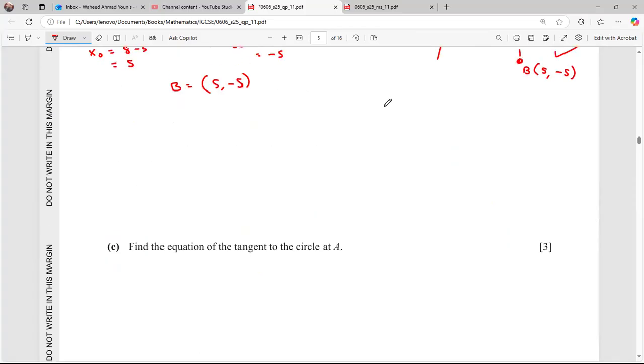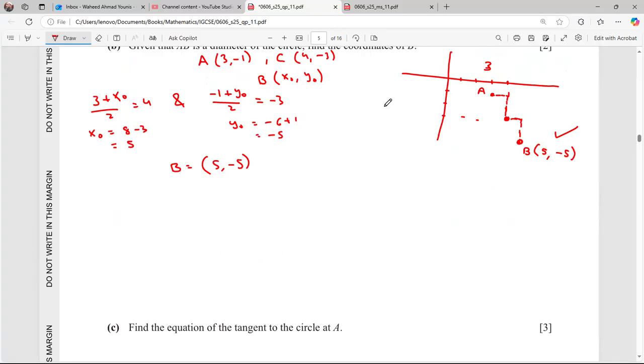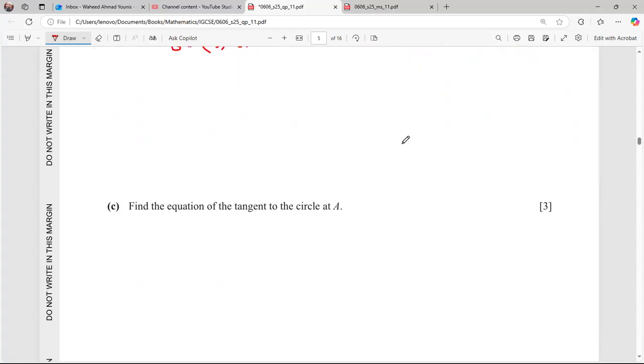So remember, this is my circle. The circle is going to be something like this, with A and B as the diameter points, and C is the center. And we need to find the equation of the tangent line, this line. So what is the slope of the diameter? We need to find the slope of the diameter. So you can see the slope of the diameter or radius is going to be